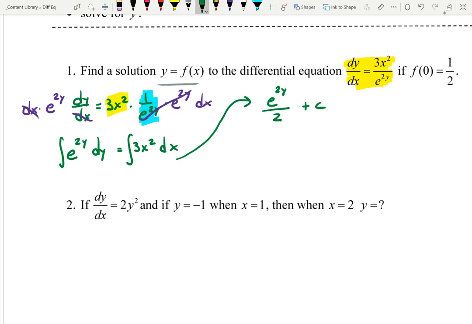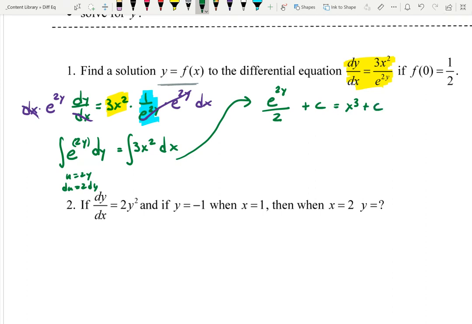You could do a u substitution on this, letting u equal 2y, and then du will be 2 dy, and that's how I got that. Or you can just recognize that because the derivative of the inside is a constant, because of the chain rule, when I would take that derivative, I would multiply by that constant. I'm doing an antiderivative, so I can just divide by the constant. And then on the right-hand side with the x's, the antiderivative of 3x squared is x cubed plus some other